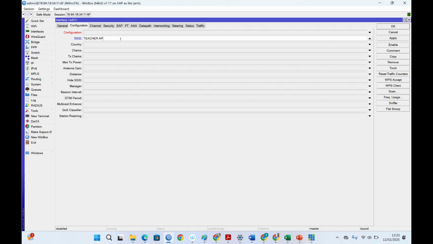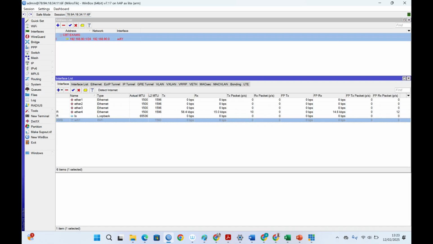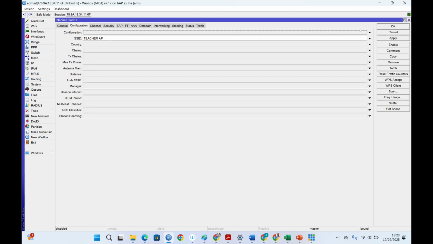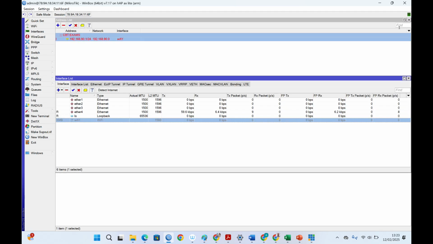For those of you using my type of device, those smaller ones, under Configuration, delete what you are seeing there and type in an SSID. When you type the SSID, just click Apply and OK. Then you enable